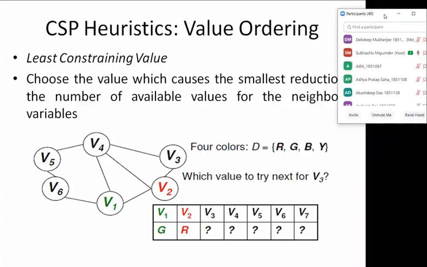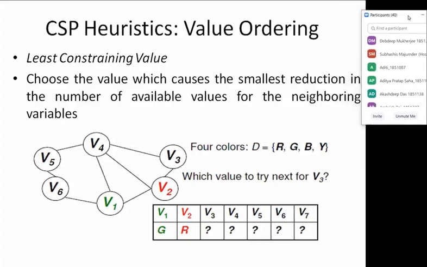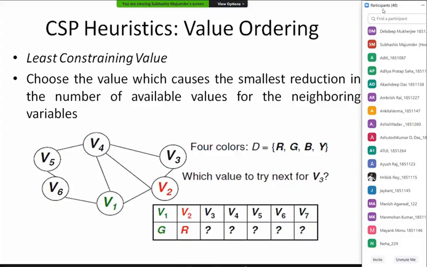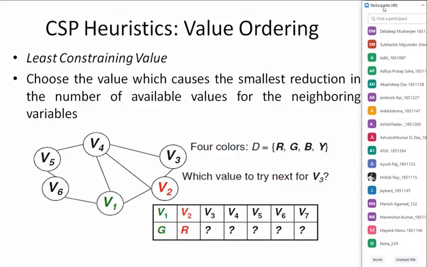Okay, so under this condition, V1 and V2 are already colored, and we want to next color V3. Now obviously V3 has an option of getting colored by any of the colors except red, because V3 is connected to V2. So I can try green, blue, or yellow. Now the point is, what is it saying? If I color blue,